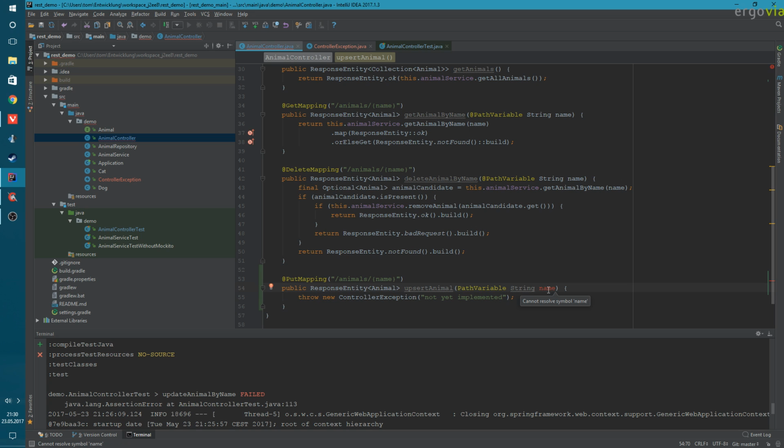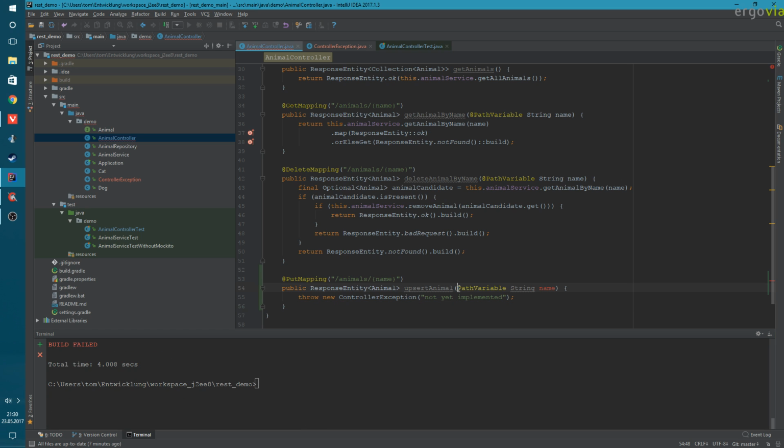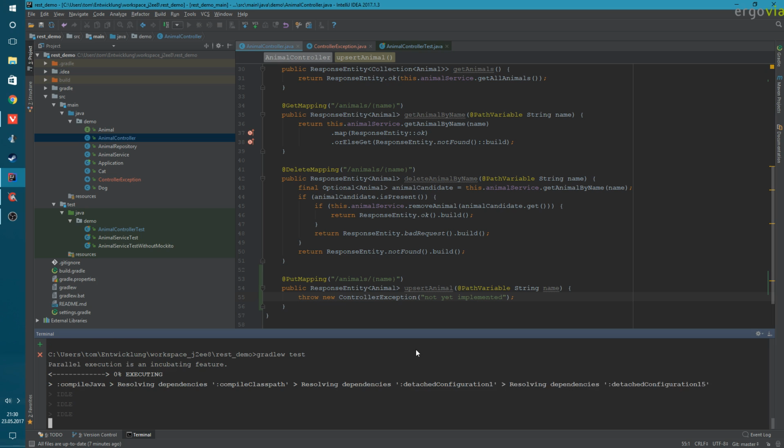Okay, why is IntelliJ... Oh. It does have some problem with this name, but I don't know why it does that. Oh, now I see. I forgot the at in front of the annotation. That's why the builds also failed. Okay, if we run the test now,